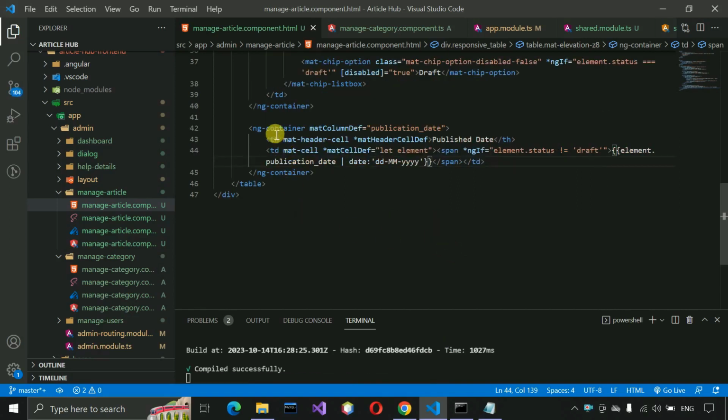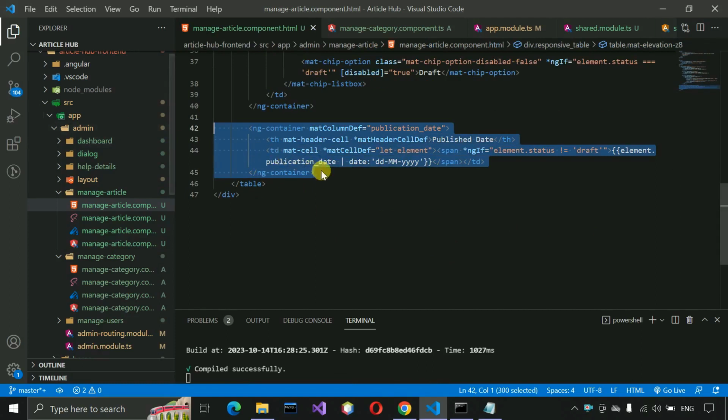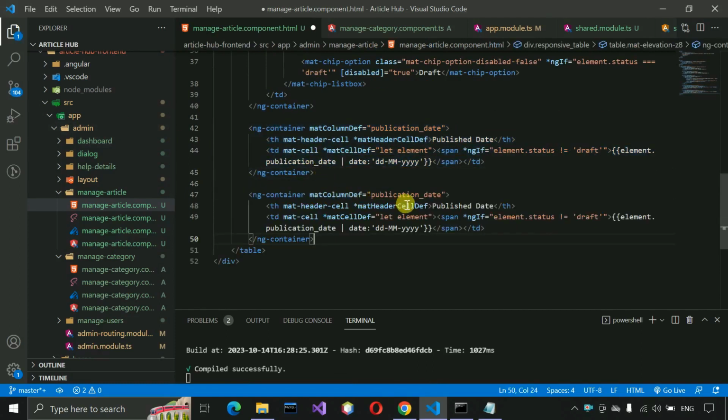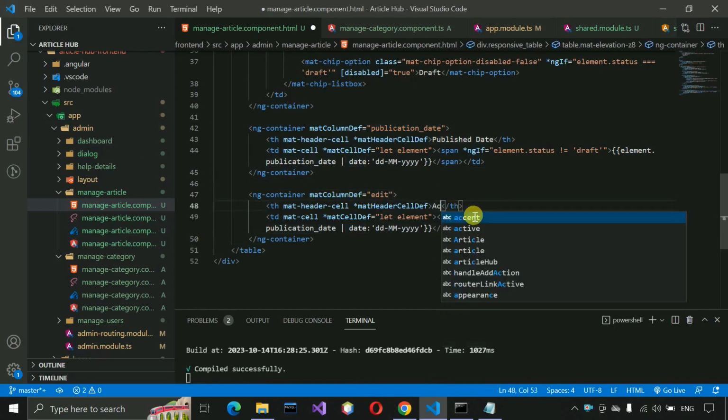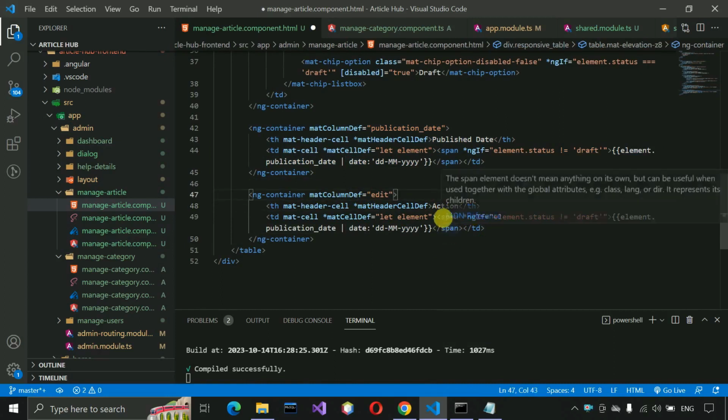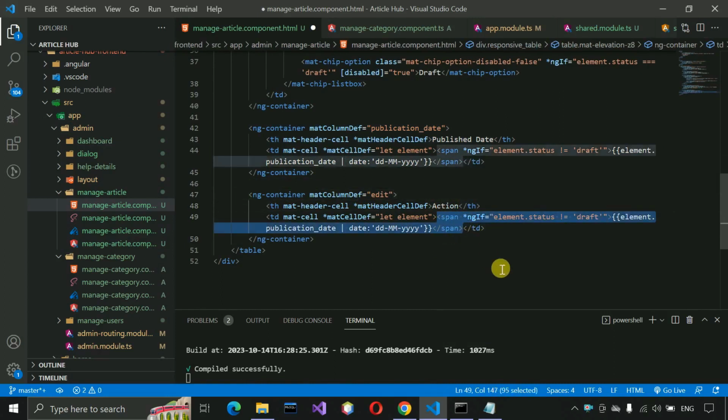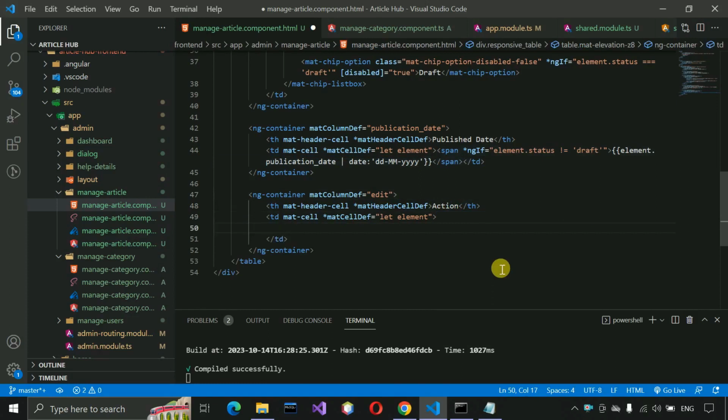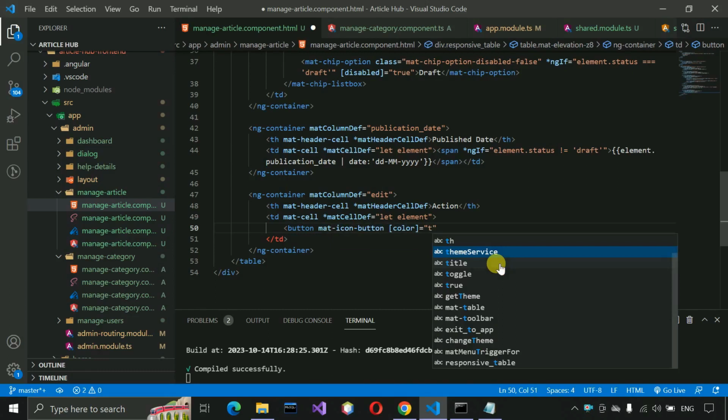And after that, again we are going to copy this container and paste it over here, and this container will be for edit here, and the action name will be, here we just need to write action, and from inside this one, this part we need to remove and press enter. And here we need to put the buttons, so button mat-icon-button and color themeService.getTheme,